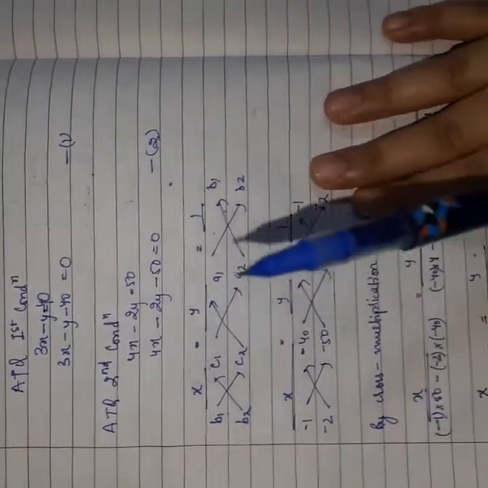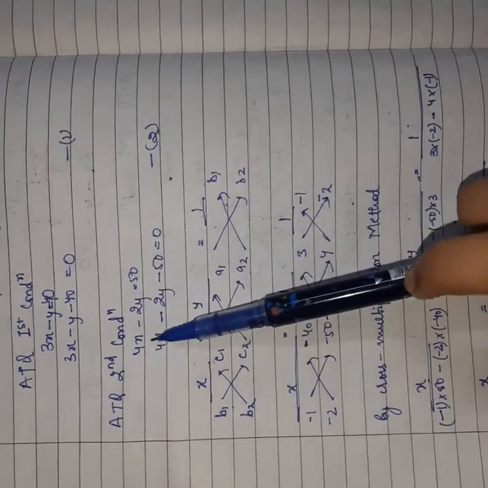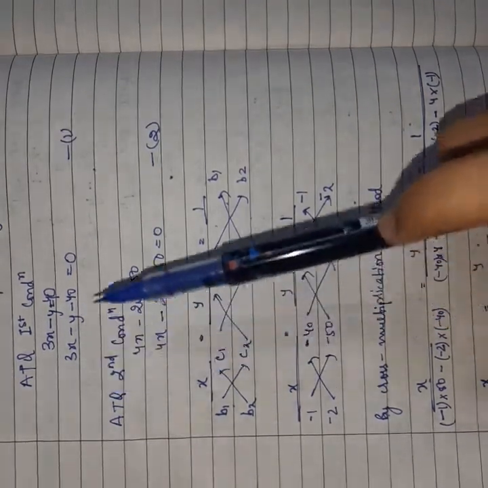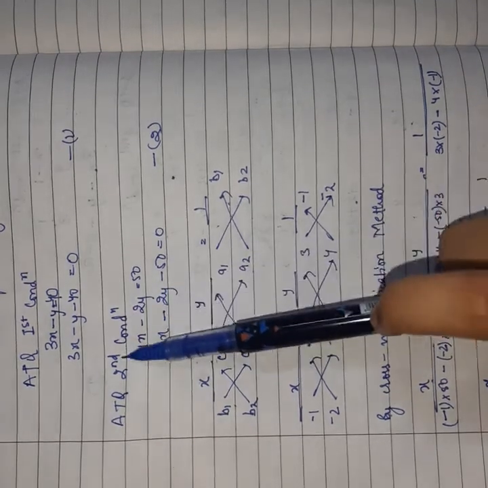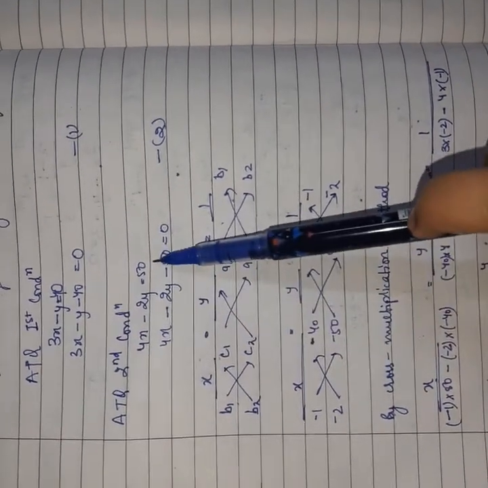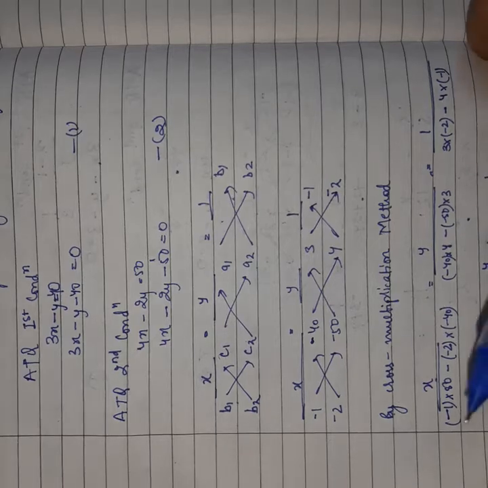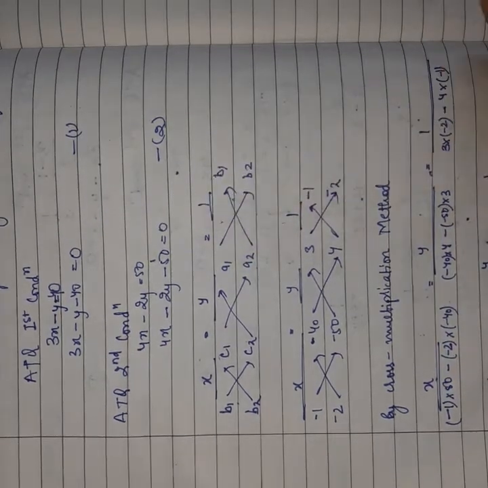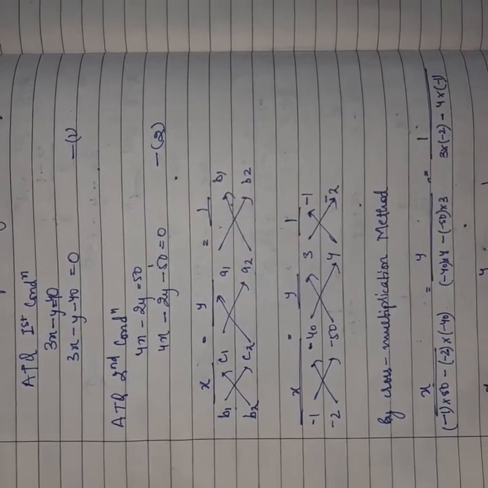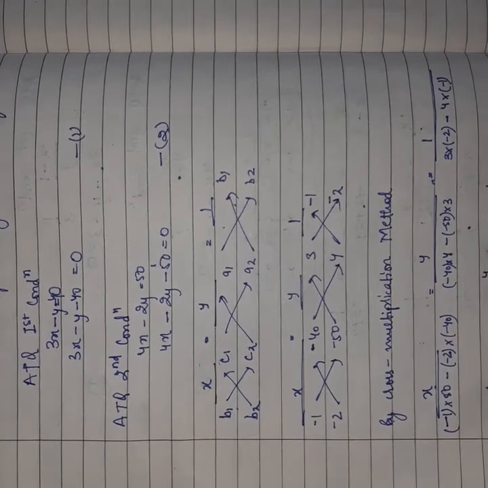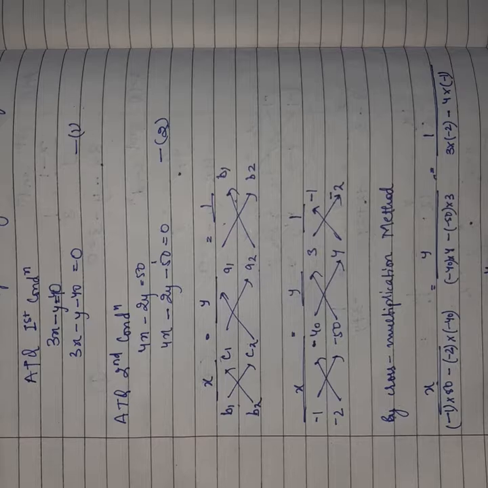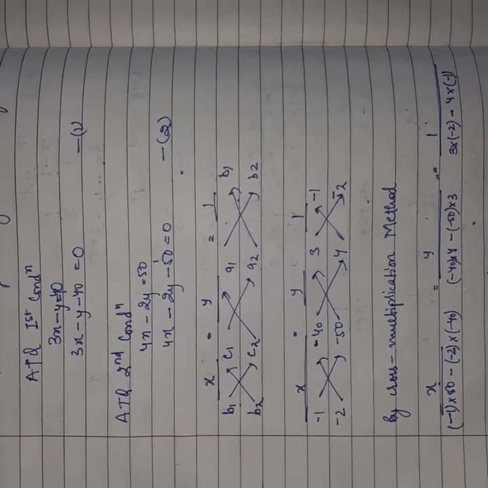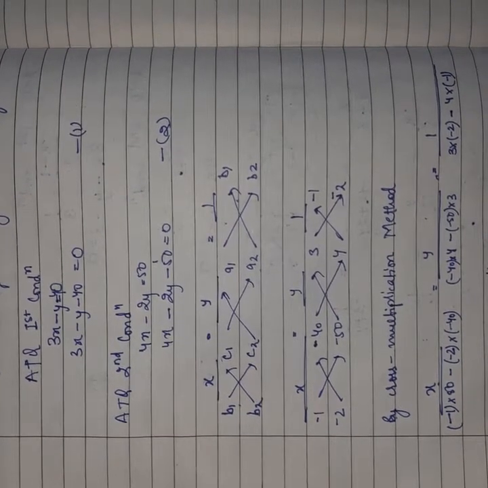Now in the second condition, 4 marks have been awarded for each right answer and 2 marks is deducted for each wrong answer. So if this would have been the condition, he would have got 50 marks. So we have two equations and now we need to find the answers by any algebraic method. So I have done a cross multiplication method here because in the exercise we have done questions for the same.